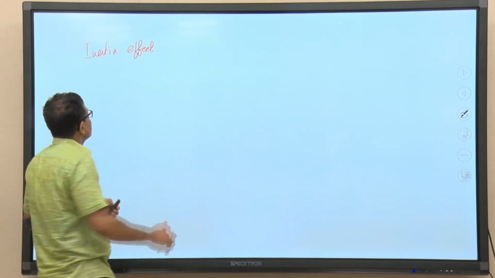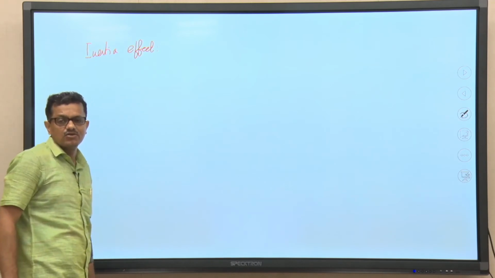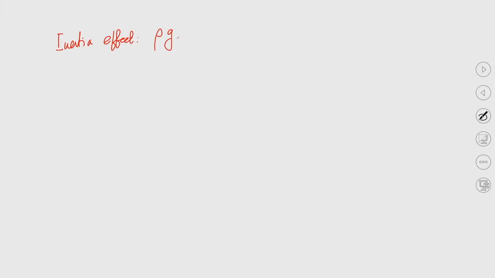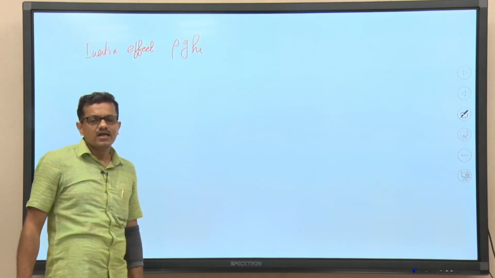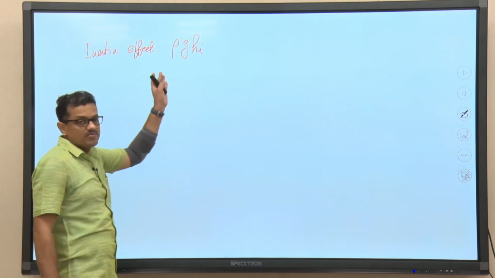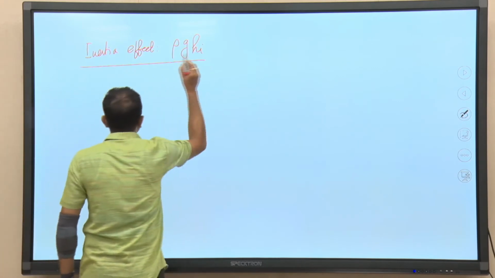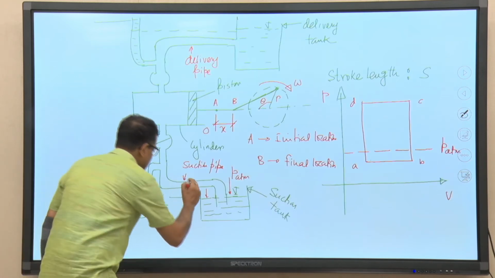Try to understand this inertia effect due to acceleration and deceleration. It is discussed in detail elsewhere, but I would like to write the expression, that is rho g h_I. The derivation of this particular form of the inertia effect is given in most undergraduate or postgraduate textbooks of fluid mechanics, so you may consult those books for the derivation. So, this is the inertia effect, rho g h_I. Now, you understand for the present analysis, when the liquid movement is there.